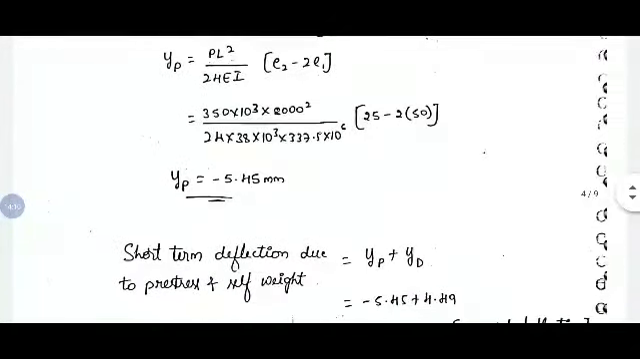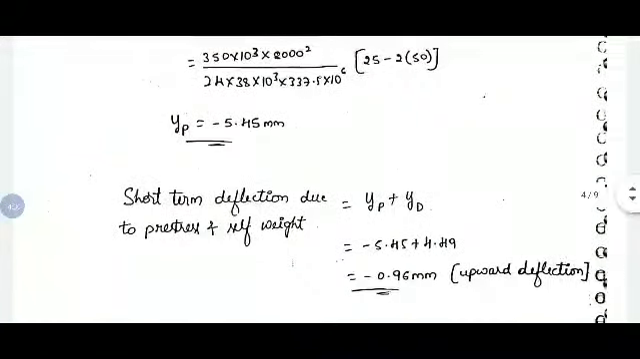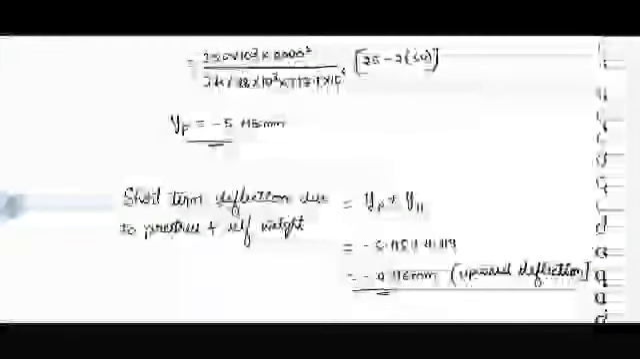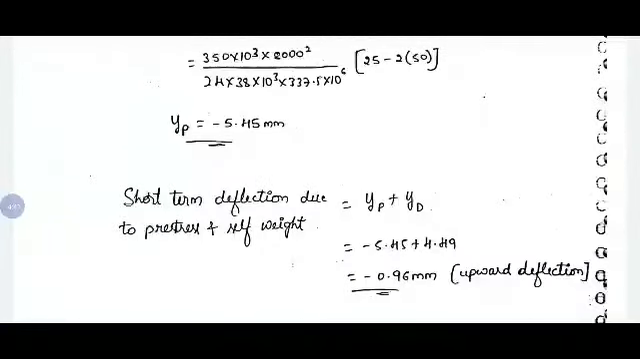Short term deflection. See, this minus indicates the pre-stressing force is coming in the downward direction only, so you should not neglect this minus, you have to consider. Wait, no, it is representing upward deflection. Pre-stressing force is giving upward deflection, so you have to consider minus. Short term deflection, yp plus yd, yp value is minus